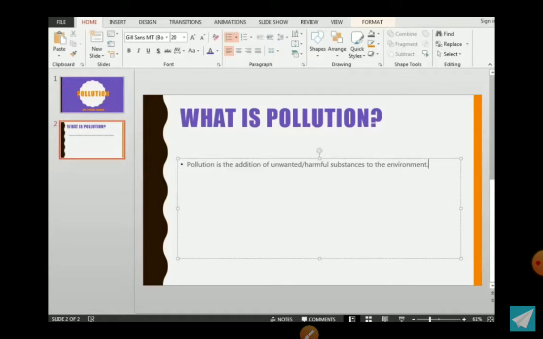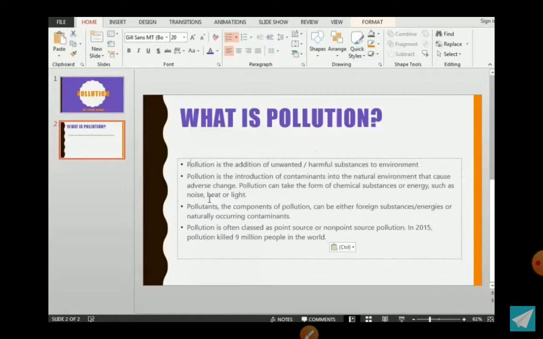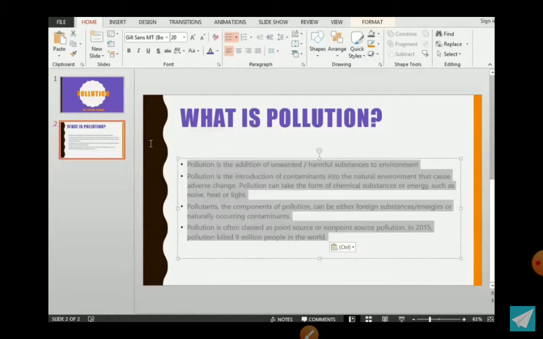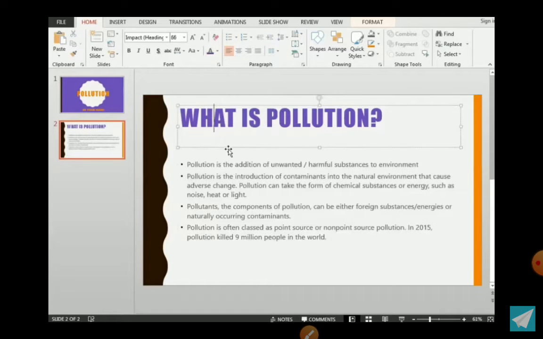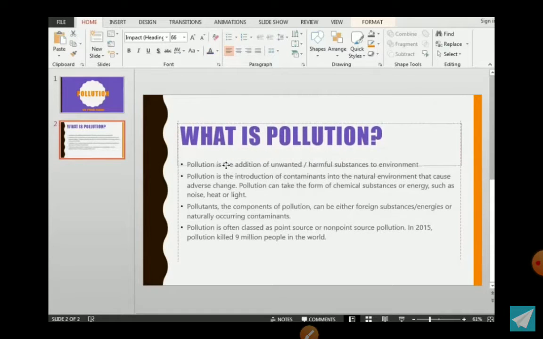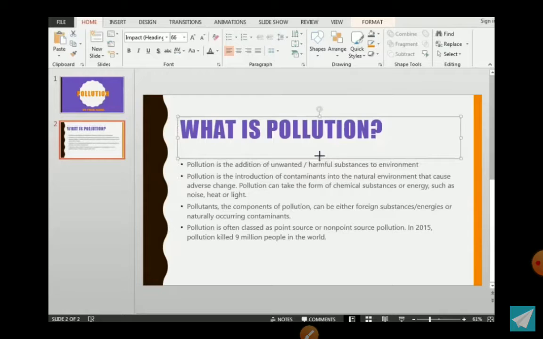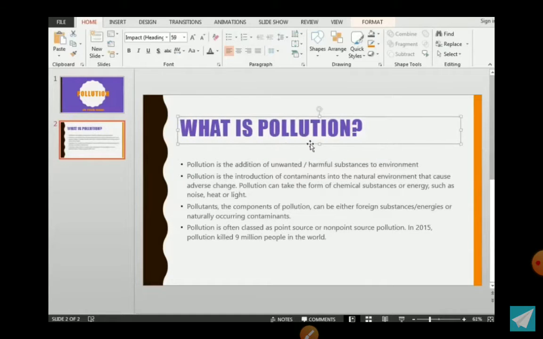We can make these points bulleted points. Okay, so that's about the pollution. Now adjust the size, the font color, everything. Apply the formatting like this.